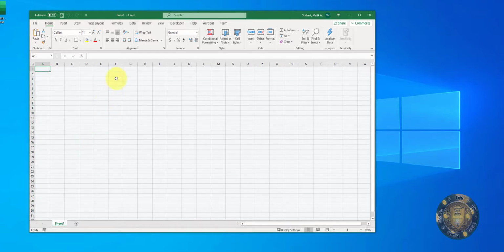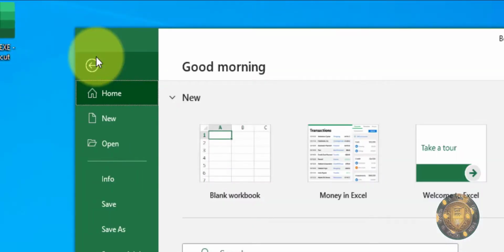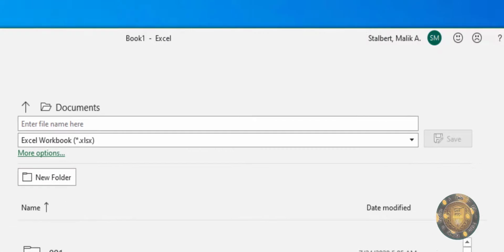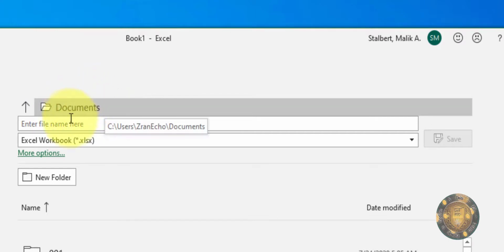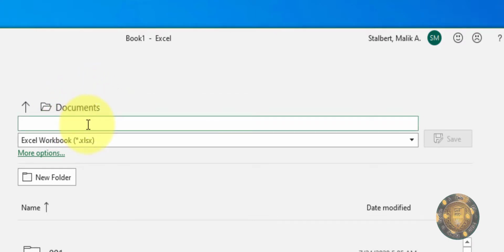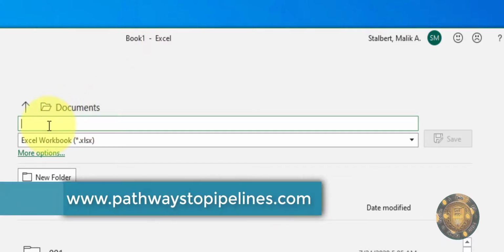So what I'm going to do is go here to File, and then I'm going to go here to Save. As soon as I click on that Save, I can see here I'm saving it into my Documents folder, and then I can go ahead and change whatever name I want this document to be. Because as you can see right now, it's called Book 1, and that's not nearly descriptive enough. So I'm going to call this